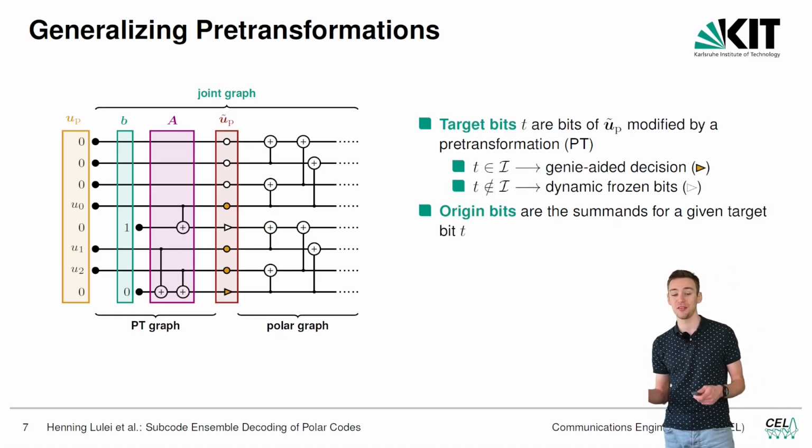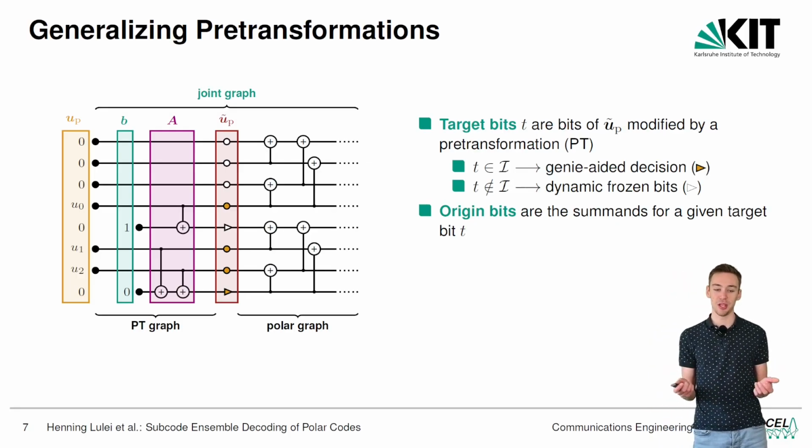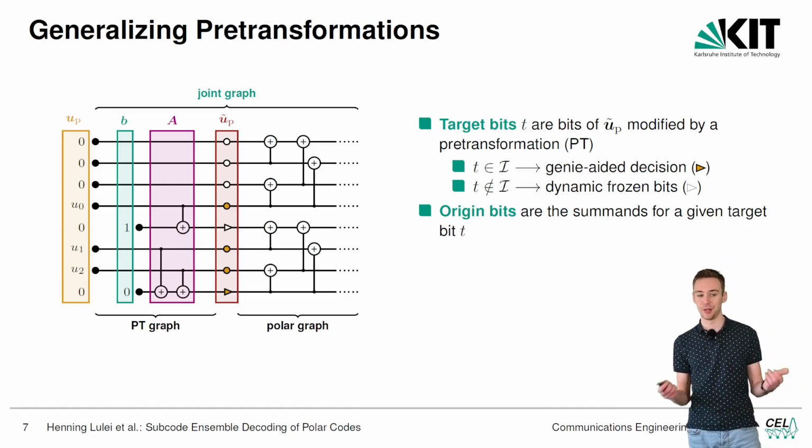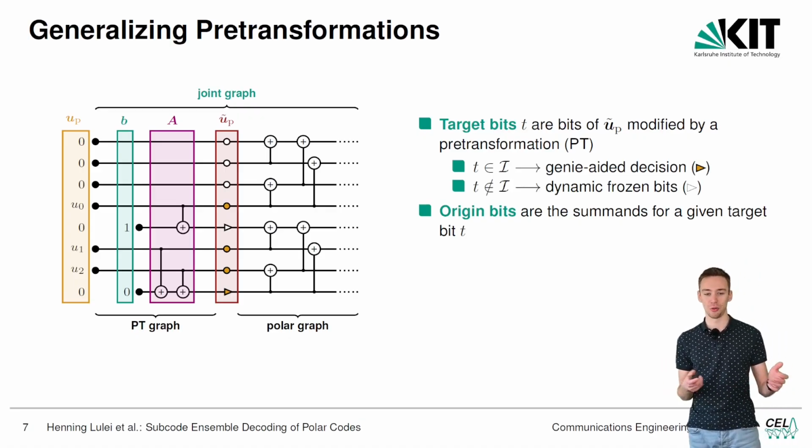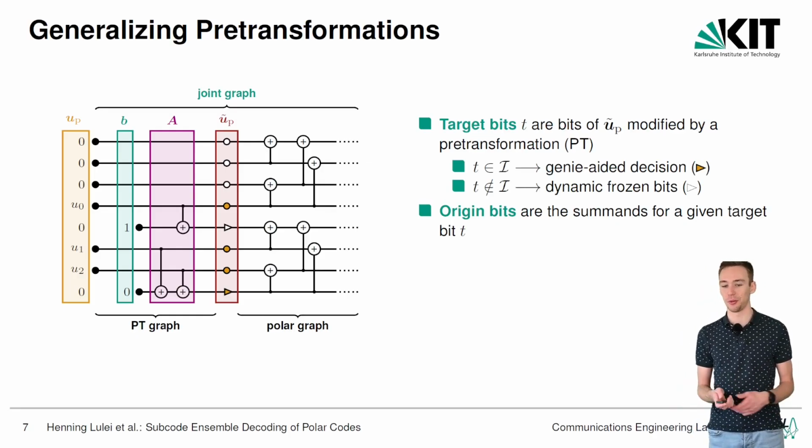We have 4 information bits and a block length of 8, which gives us rate 1/2. However, the joint graph, which now references some kind of pre-transformed polar code, has rate 3/8. We only have 3 data bits left, U0, U1 and U2, but remain with block length 8. When we later compare our pre-transformed polar codes to normal plain polar codes, we will always reference the rate at the left,